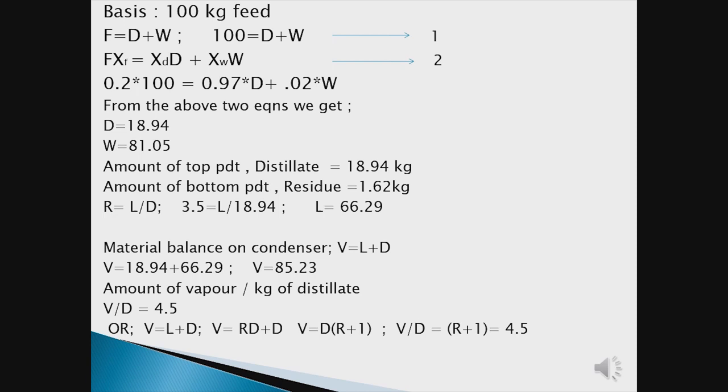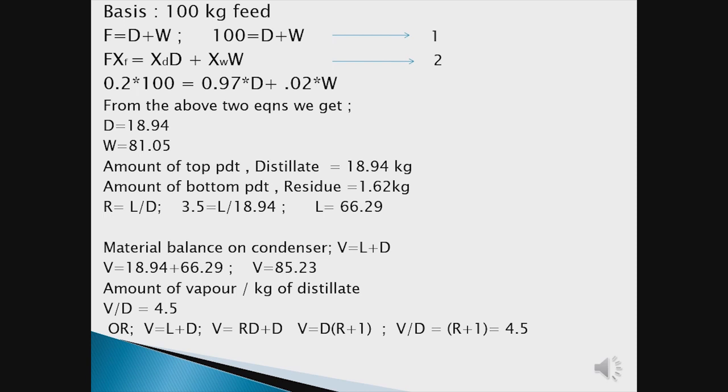L equal to RD. So substituting for L in the equation V equal to L plus D, that is V equal to RD plus D. Taking D as common from RD plus D, we can write V equal to D into R plus 1. And bringing the D to the LHS, we can write V by D equal to R plus 1